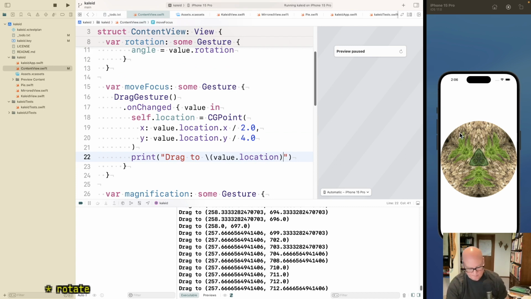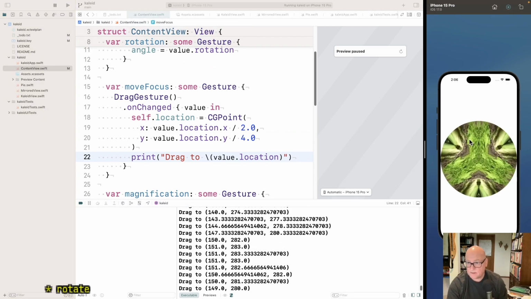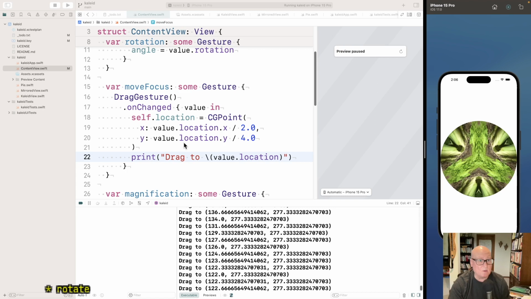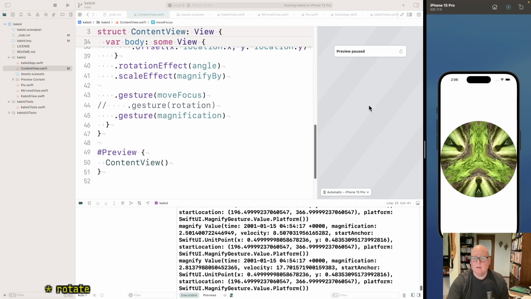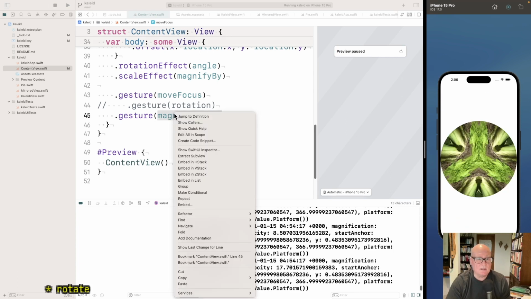But when I'm doing this, I don't get drag coordinates. Unfortunately, I don't get both magnify and drag coordinates. Now, I don't know if that's true on the real phone, but definitely here. Okay, so let's try and take